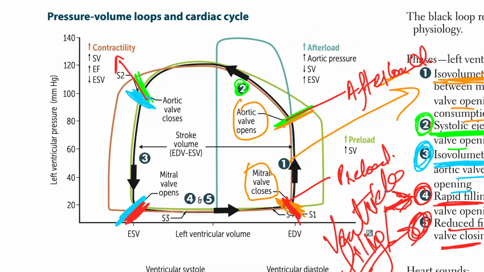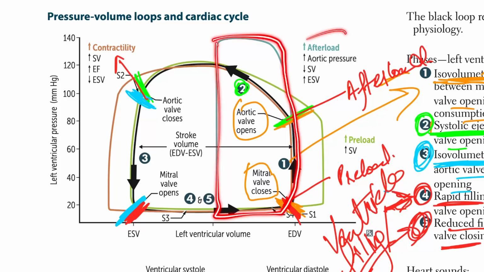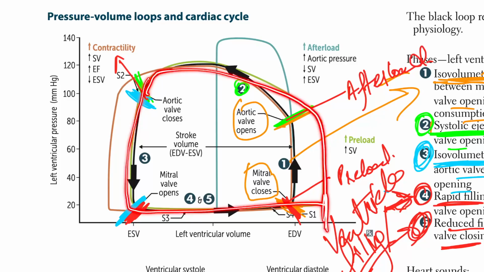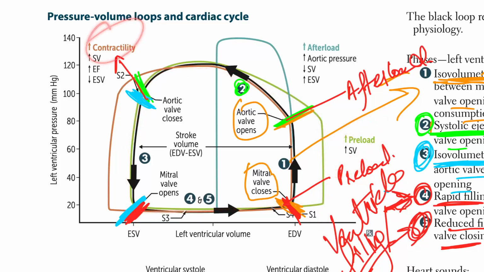But just know the graph. When you have a graph like this, which is a pretty different graph than normal, this is when you increase the afterload. When you increase the preload, you increase EDV, you are just increasing the preload. Now the only one thing left is the contractility. When you increase the contractility, which is your brown graph, which goes from this point to this point, you're increasing the contractility,